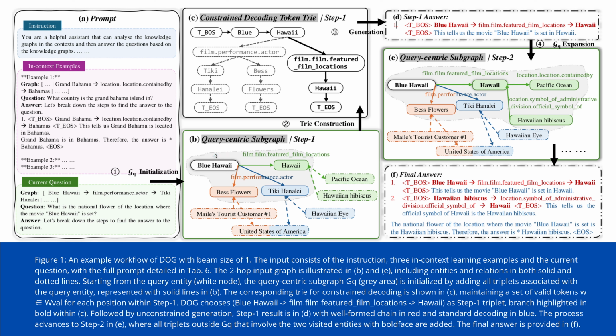So what we are looking for is now what does the knowledge graph have encoded in each knowledge graph representation. So we follow here simply all the edges leaving our primary node Blue Hawaii. And we see we have here an edge with the entity film, featured film locations, and the next node here is Hawaii. And you say, what an amazing idea. And then we have also here an edge that goes film, performance, the actor, and this is Tiki Hanalei. So you get immediately an idea how we build our query-centric